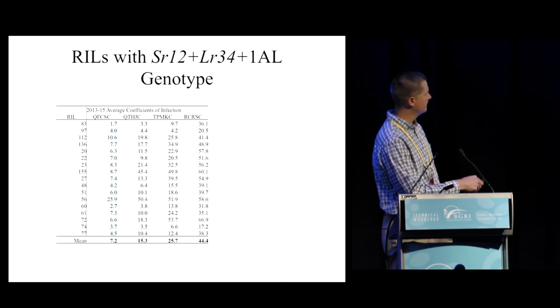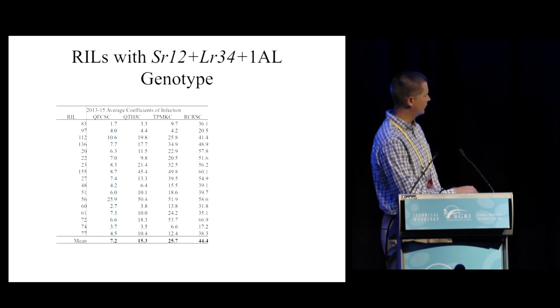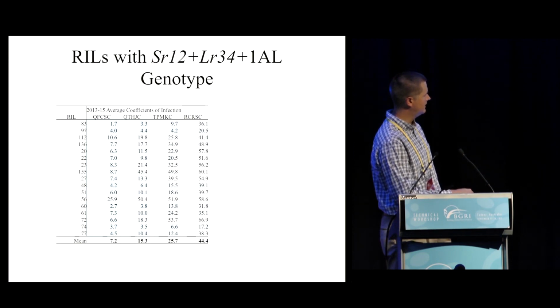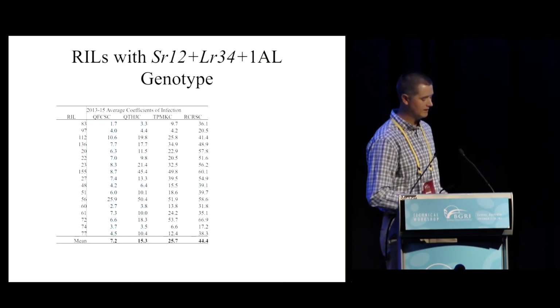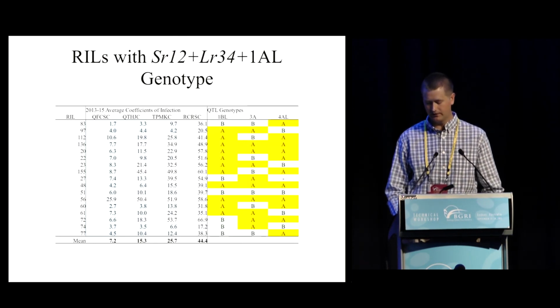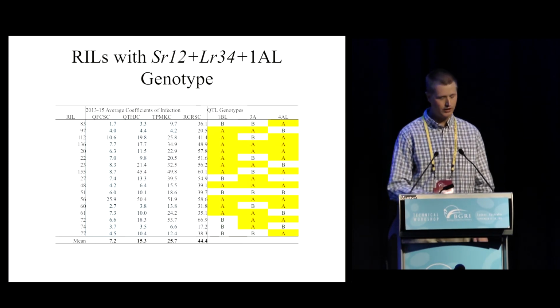And so you can see the mean coefficient of infection to QFCSC is quite low. And that makes sense because QFCS is SR12A virulent. But for the other three races, you have a different order of magnitude of resistance. And to try and quantify that in a statistically significant way, well, first let me also show